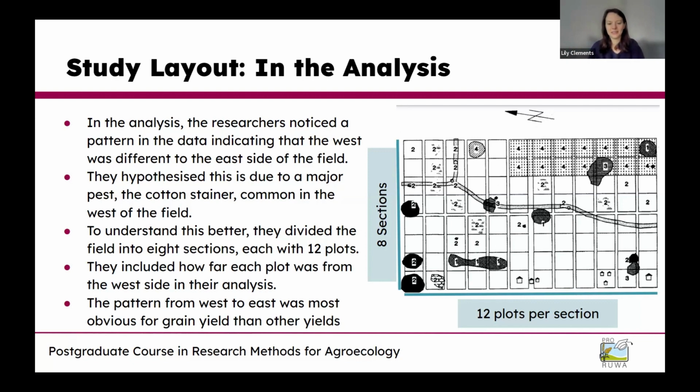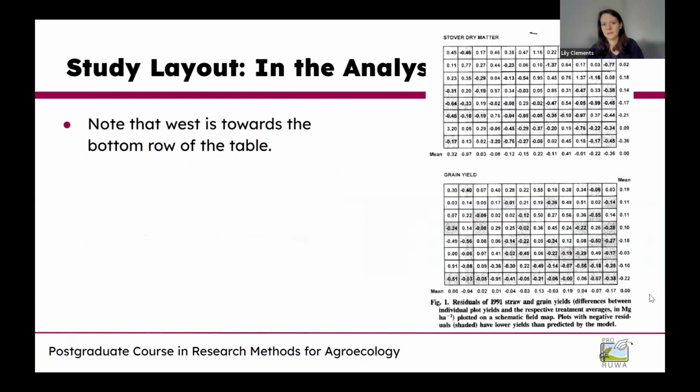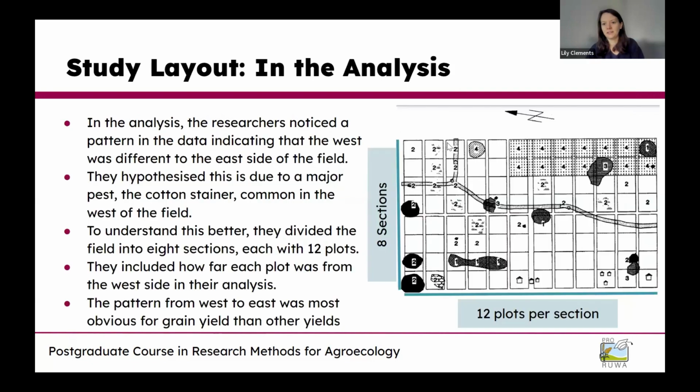The pattern from east to west was most obvious for grain yields than other yields. So here are our 12 plots, and here are our 8 sections. And this is to look at how far each plot was from the west side in their analysis. So the west is down here, pretty much at the bottom of our plot. And so if we look at our 8 by 12 table here,